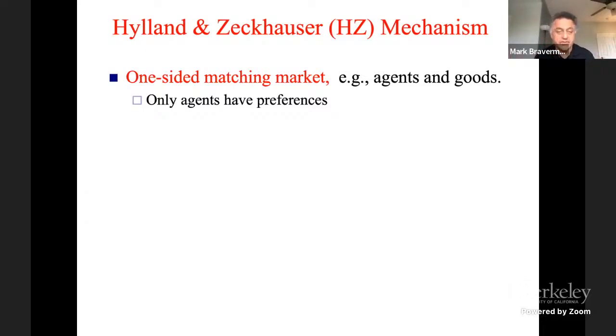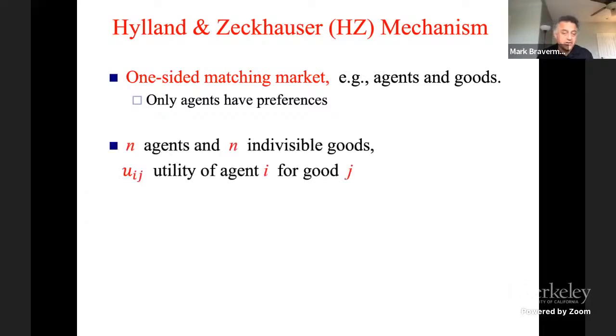Okay, so that's how a one-sided matching market works. In particular, we have equal numbers of agents and the goods are indivisible, so you really have to find a permutation between these two sets. And U_ij is the utility that agent i derives from good j. Of course, we want to find not any random permutation of goods to agents, but something that has good properties, like at least Pareto optimality, or envy-freeness,